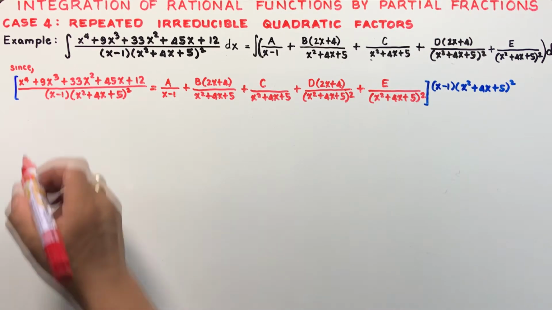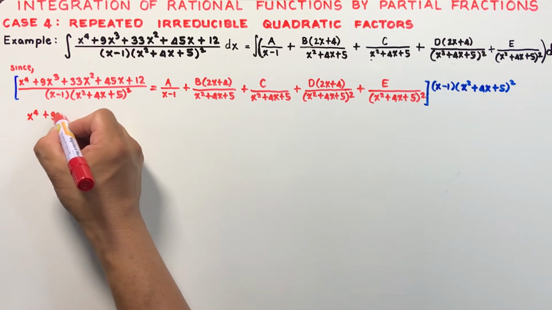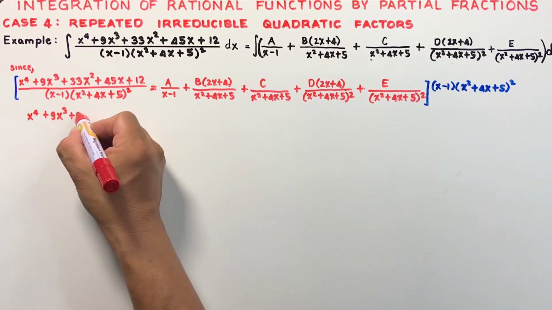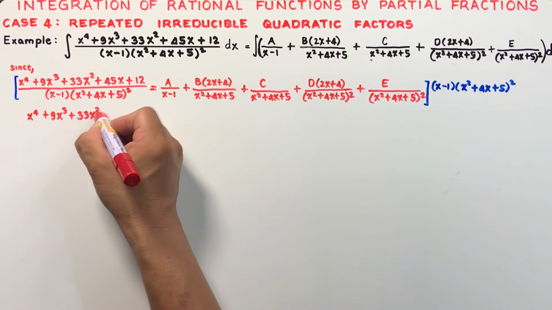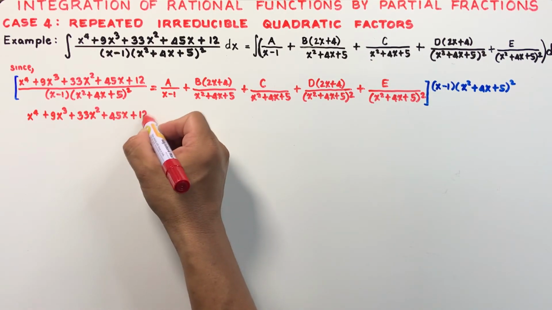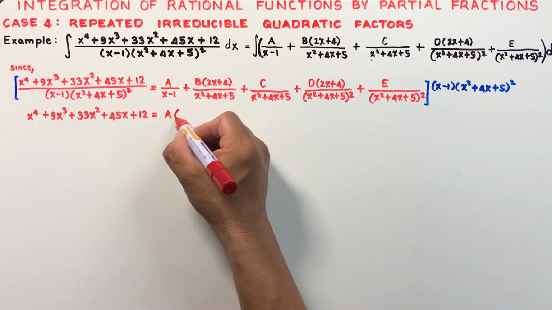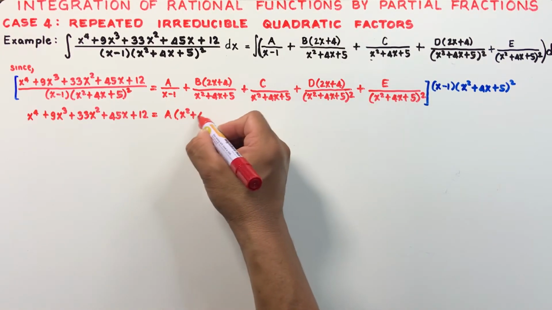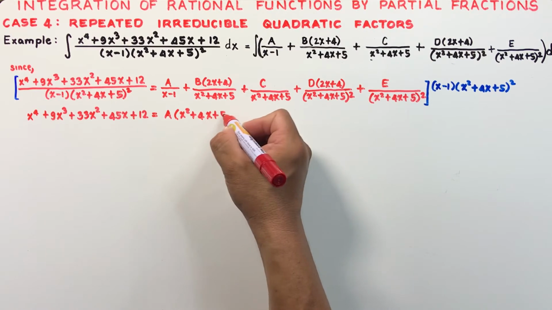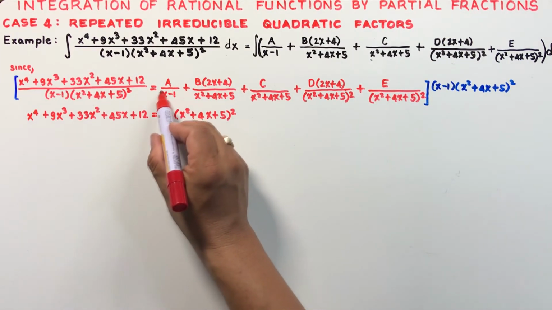So what remains is x to the power 4 plus 9x cubed plus 33x squared plus 45x plus 12, and this is equal to a times (x squared plus 4x plus 5) quantity squared, because this denominator